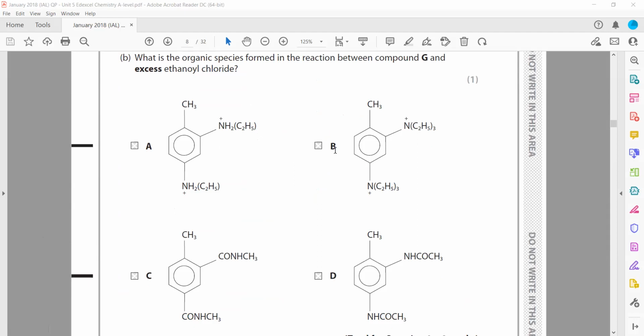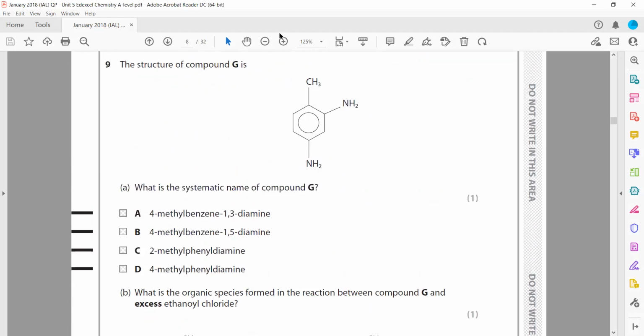Then the next part is mostly all about organic chemistry. What is the organic species formed in a reaction between compound G and excess ethanoyl chloride? So if we have ethanoyl chloride, remember, look at what happens. When we have NH2 and this ethanoyl chloride, which is CH3, C double bonded with O and Cl, this is partial negative, partial positive. In NH2, the N is partial negative